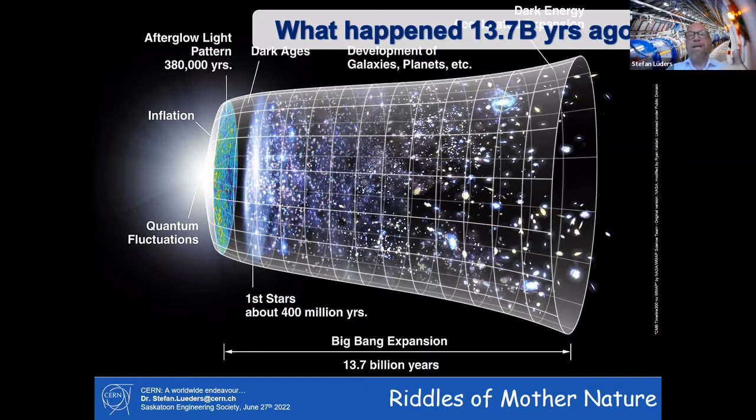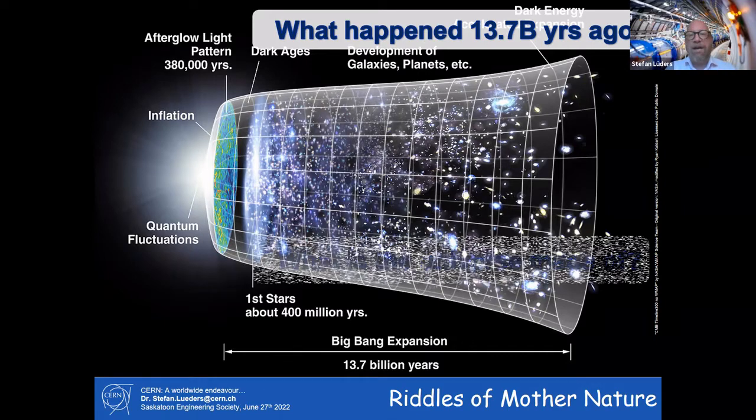So we can extrapolate back to other stars, other galaxies, looking back into time, because the light is taking some time to come to us. We can deduce that the physics laws all apply constantly over time, including the Big Bang. And we'd like to understand what happened at the time.